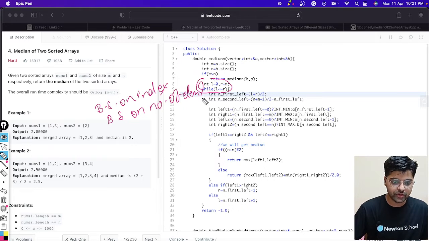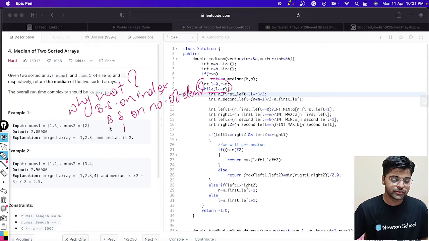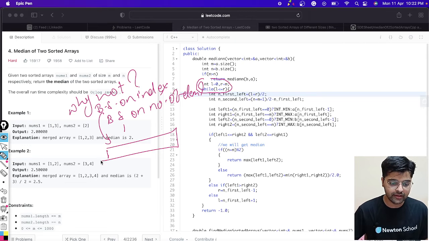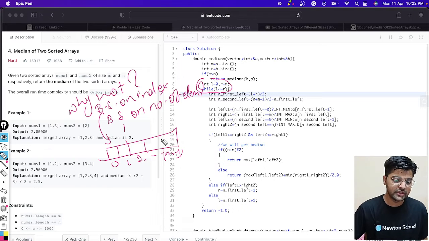Why this case? Why not binary search on the index? If we had taken indices 0, 1, 2, up to m minus 1, and did binary search on the index, we would get the mid element from 0 to m minus 1.